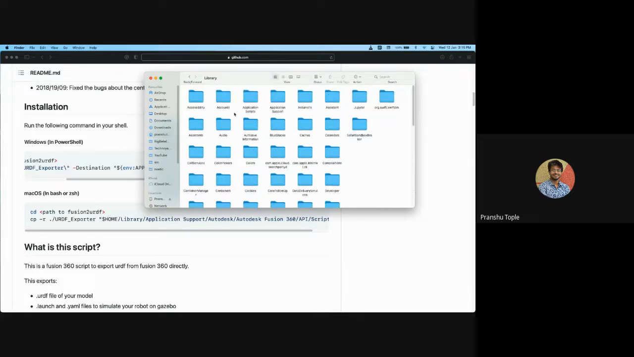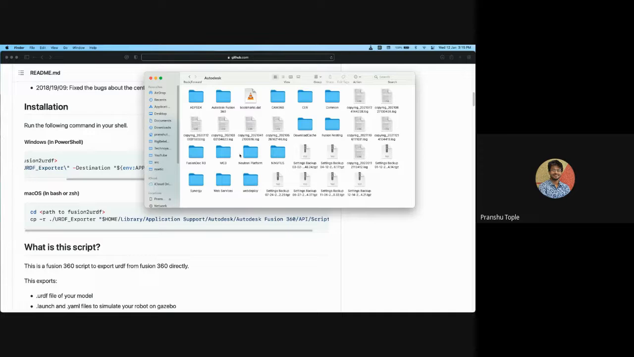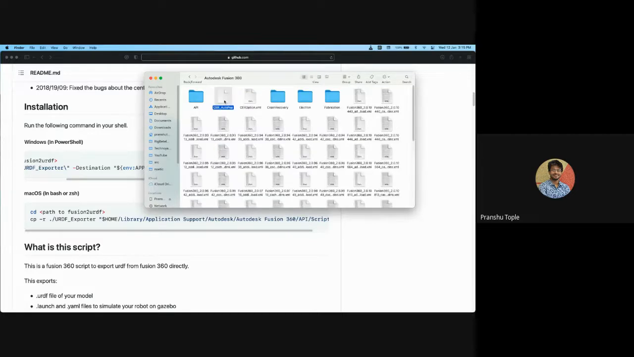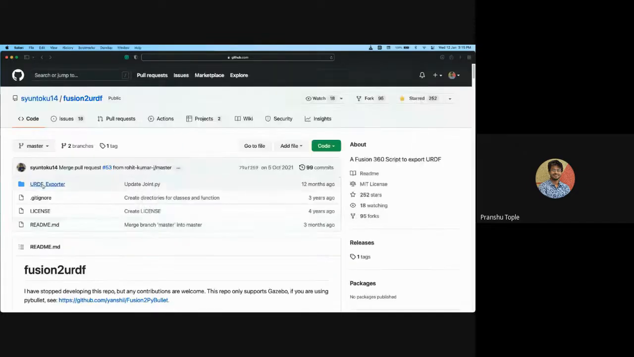Inside that, there is Application Support. Inside that, there is Autodesk, and there is Autodesk Fusion 360. Inside it, there is an API, and inside it, scripts. So there is my Fusion to URDF folder. This is the exact same folder which is over here. If I open it,